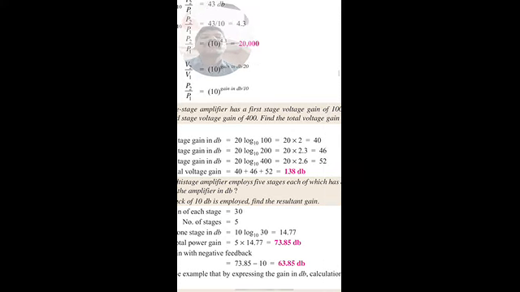So 20 log of 100, that is 40 dB, and 20 log of 200, that is 20 into 2.3, that is 46. 20 log of 400, that is 20 into 2.6,